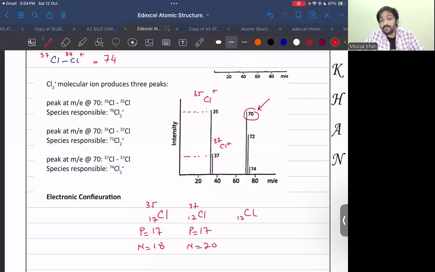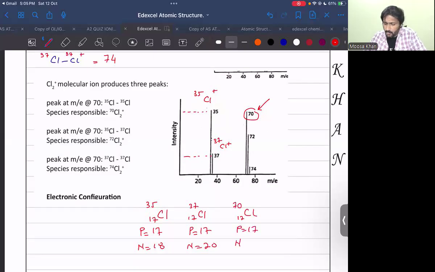Let's say you know nothing about chlorine, you have never known that chlorine has 2 isotopes. The first person who performed the mass spectrum of chlorine, did he know that chlorine has 2 isotopes? No, he had just started performing the mass spectrum of chlorine and he just saw 5 peaks. So his first reaction would be that chlorine has 5 isotopes. But if you see it clearly, 2 of the isotopes have mass numbers 35 and 37, and the third isotope, if given the mass number 70,